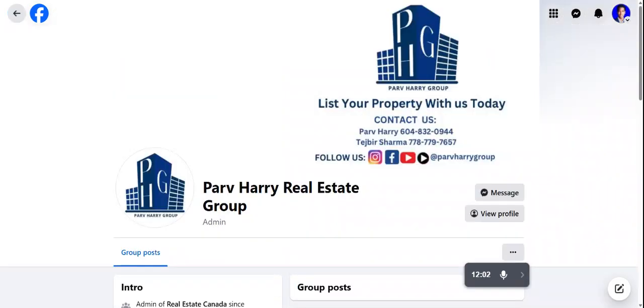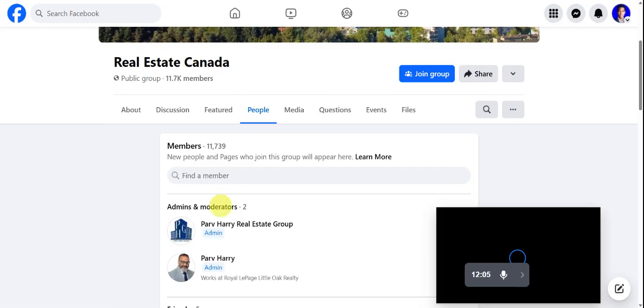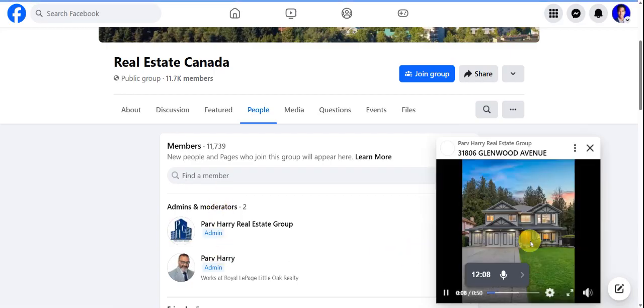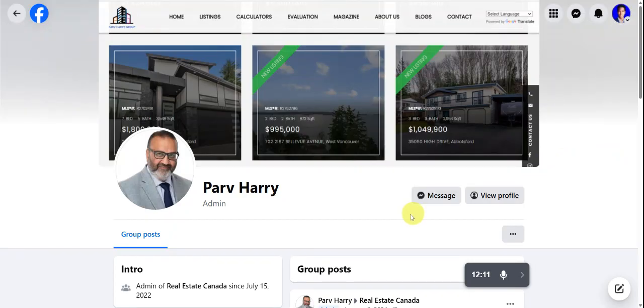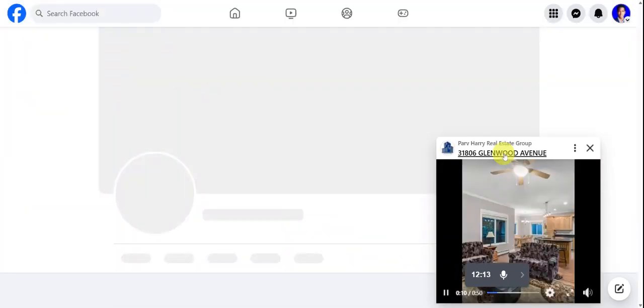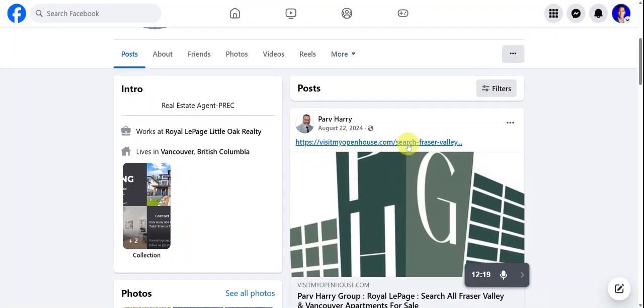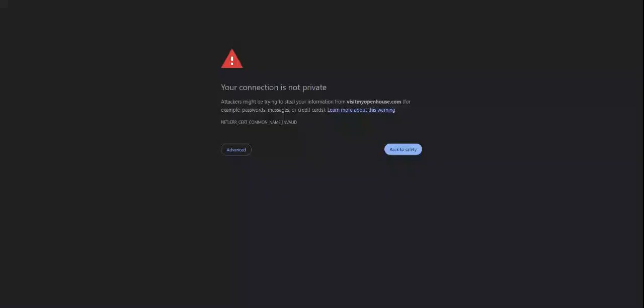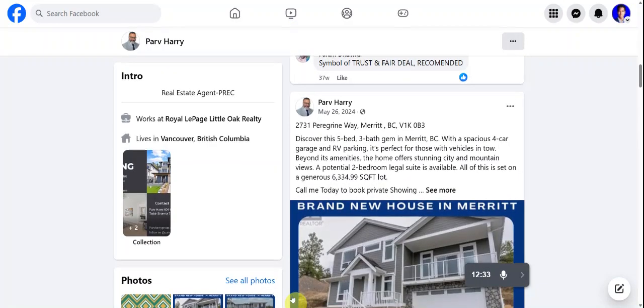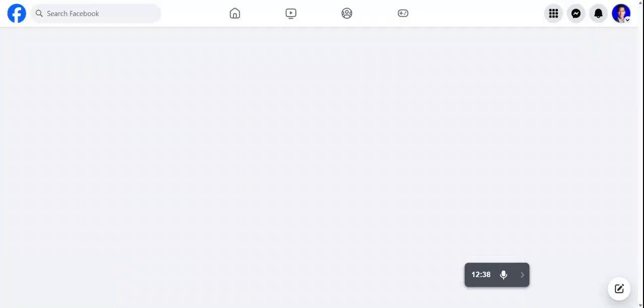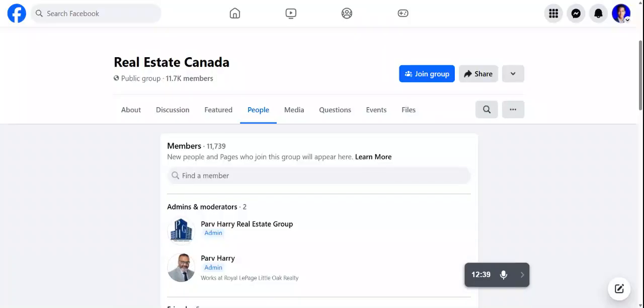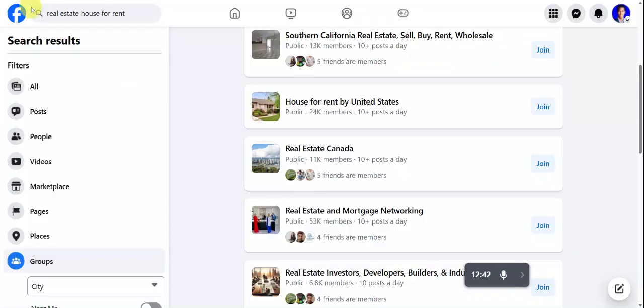So we will move over to the next admin and check him out. So let's check this out as well. Their website is not really responsive and it's telling me back to safety. So let's head on to under group, because we need to trust the admins if they are real or not before we can start scouting people inside